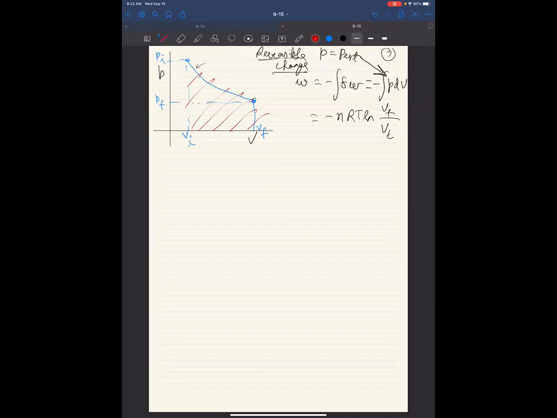So the work that we can get out of a gas by expanding it is equal to the area shown by the shaded red lines. Now let's get to case 2, which is expansion that is irreversible. So in this first case, physically what you did was you started at a pressure which was large and